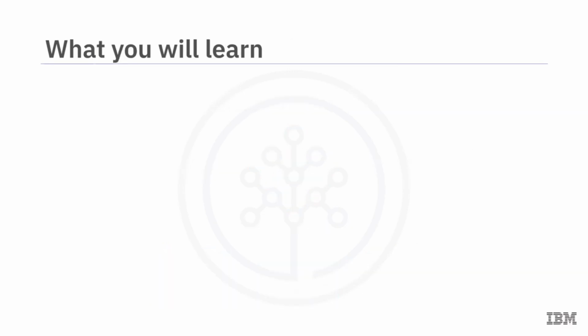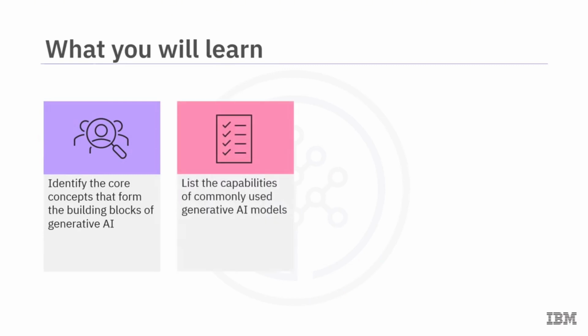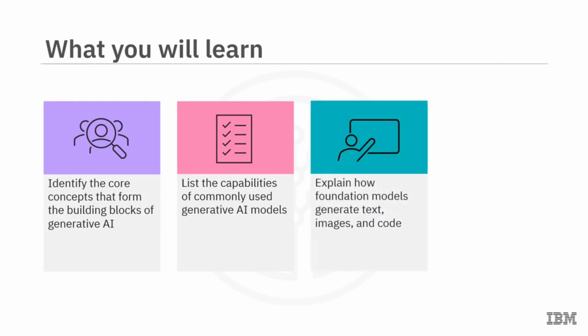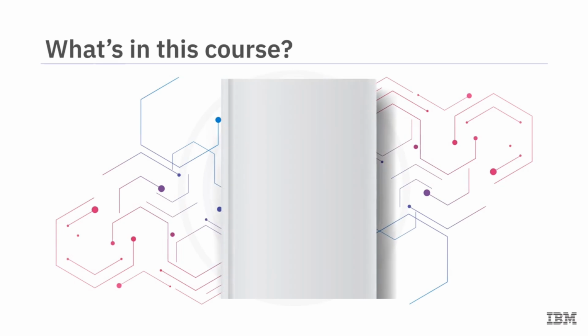By the end of this course, you'll be able to identify the core concepts that form the building blocks of generative AI, list the capabilities of commonly used generative AI models, explain how foundation models generate text, images, and code, and describe the purpose of dynamic AI platforms, such as IBM Watsonx and Hugging Face. As this is a focused course comprising 3 modules, you're expected to spend 1 to 2 hours to complete each